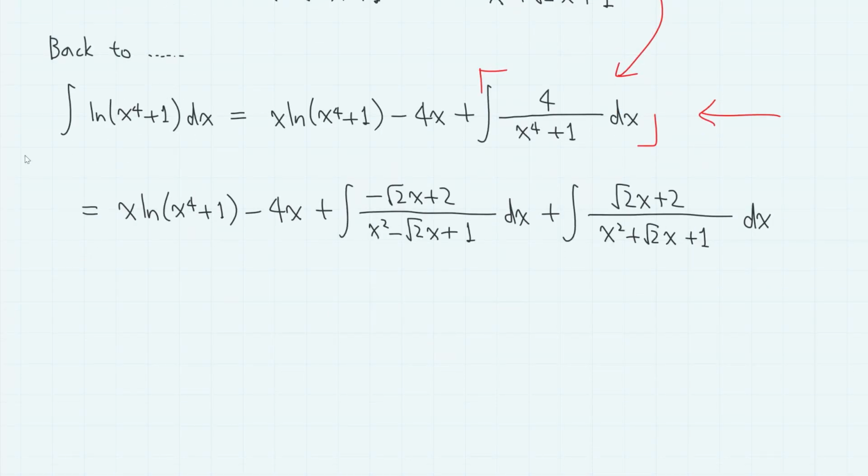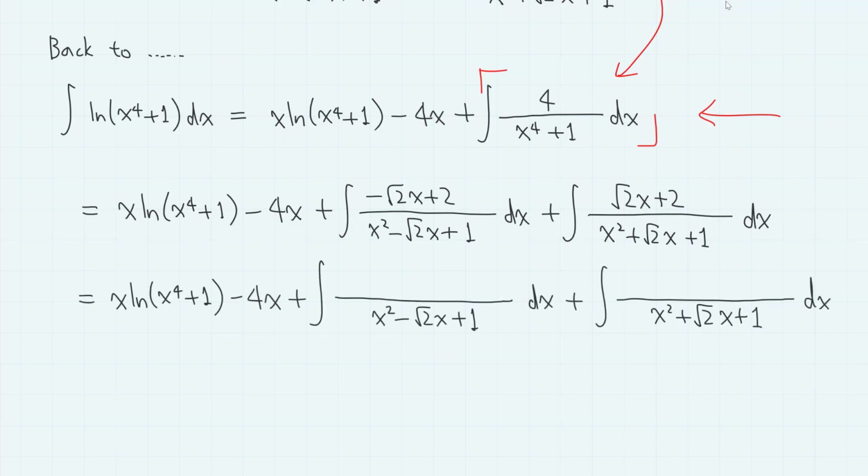And now we carry out each integral as I have previously explained. As for the first integral, the derivative of the denominator is 2x minus square root of 2. But since the original numerator has minus square root of 2x, we must multiply by minus 1 over square root of 2 here, right? This gives constant term 1 here, so in order to make it 2, we must add 1